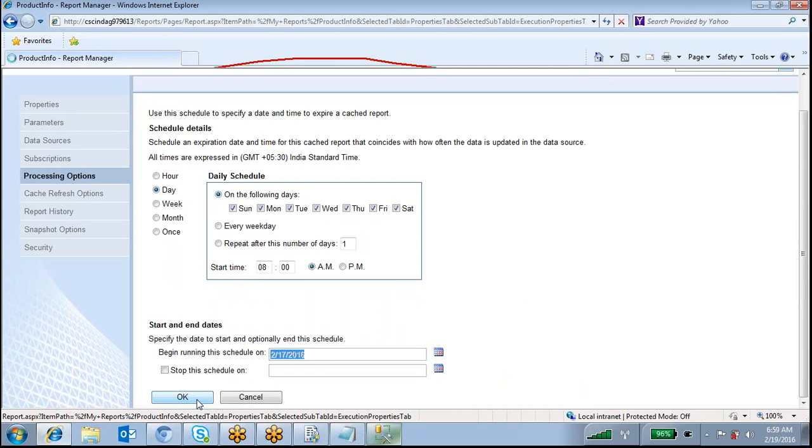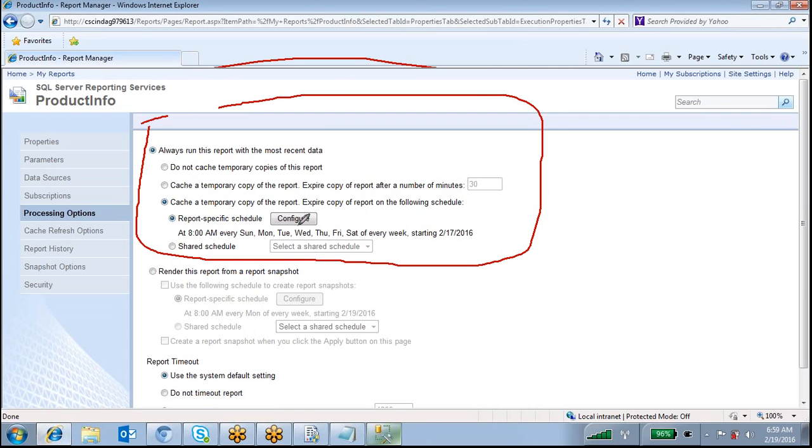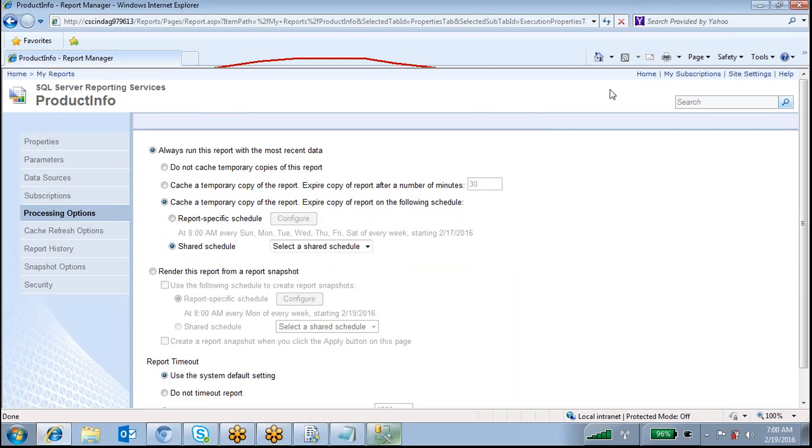Click OK. Or week base or month base. So definitely daily it will cache this report and it is saved in the cache memory, and daily it will expire early morning 8 AM. And if you see here, this is the shared schedule. Instead of creating each schedule, you can maintain one shared schedule also.